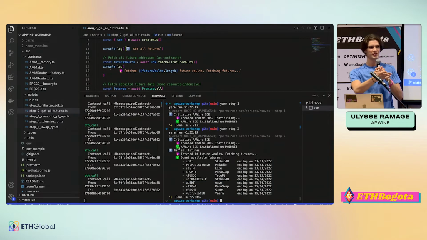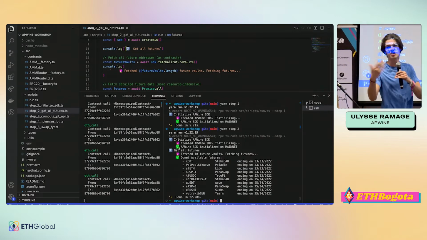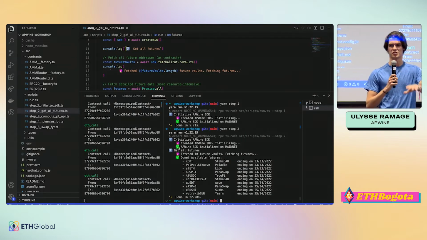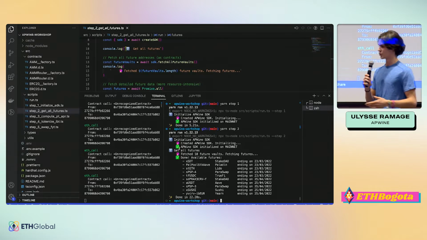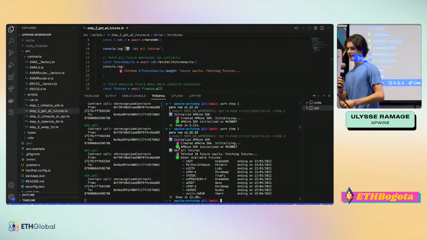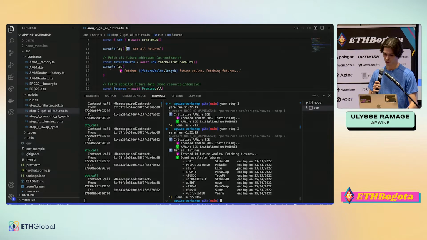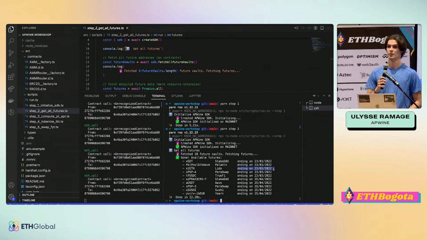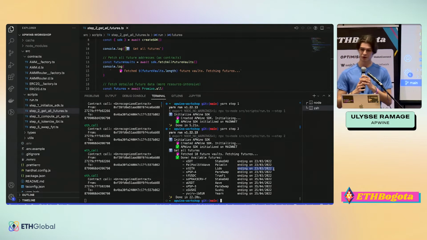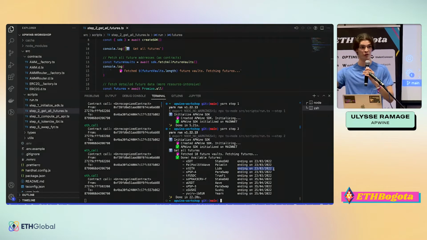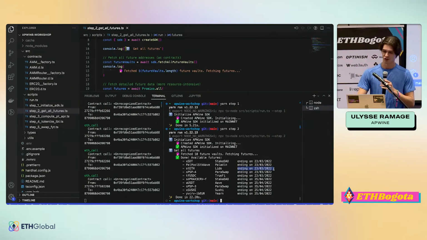Anybody ever used staked ETH before? Yeah, so you can generate APR at 5%, 6%. It depends on what you're getting, right? And this is a period that expired on the 23rd of March of 2022. So this is an older fork, but the principle stays the same. You can try with a newer block number, and it's going to work just as well.